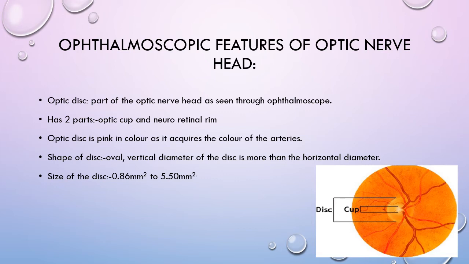These normal features of the optic nerve head are very important for you to understand, because based on the knowledge of normal features, you will be able to understand how changes of papilledema occur, changes of optic atrophy occur, changes of papillitis occur or affect the optic nerve head. You must know the normal features. Also, you must know what happens in glaucoma to the optic nerve. To understand that, you have to know what the cup is, normal dimensions of the cup, what the neuroretinal rim is, what the color is, etc.